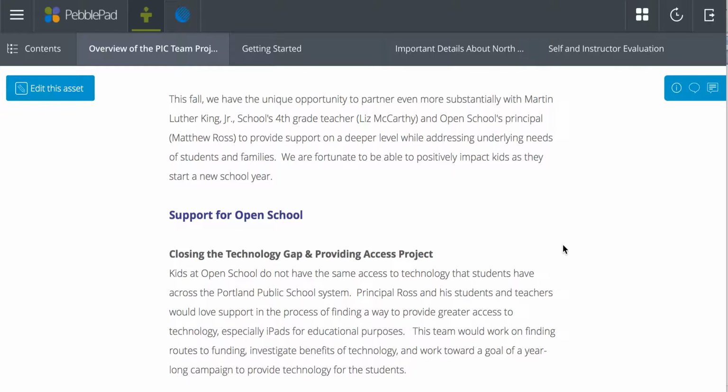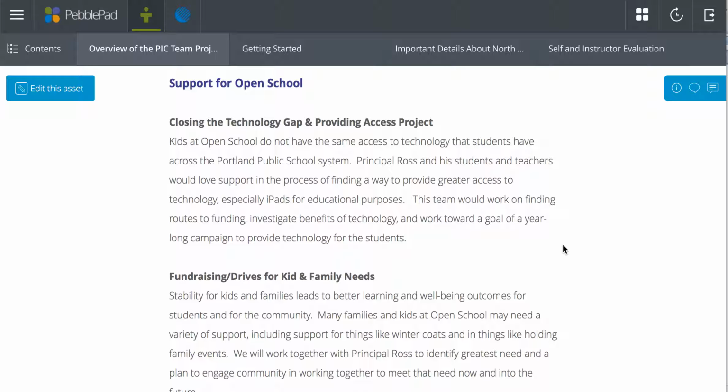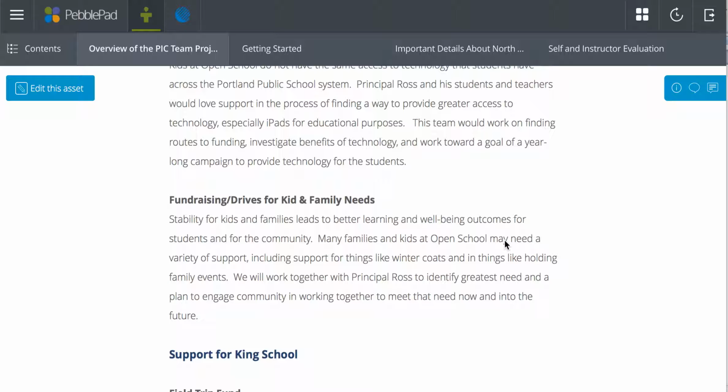Our opportunities are for the team project. One focus is closing the technology gap and providing access. Open School is looking to get some iPads and some support for technology learning for their students. They also have some really basic needs that kids and families have that we're going to talk to Matthew about, but one team will be able to do some fundraising or drive participation to do something like get winter coats